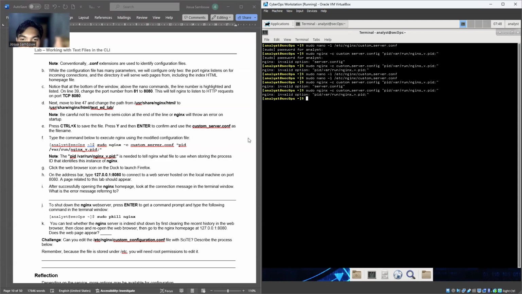Let us try again. Sudo custom server config. No, it's still not working.